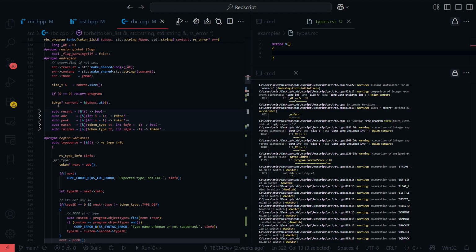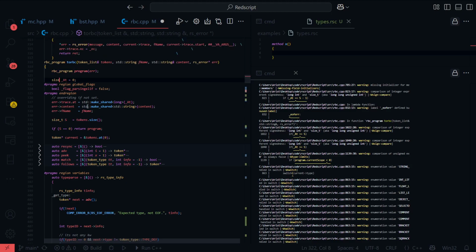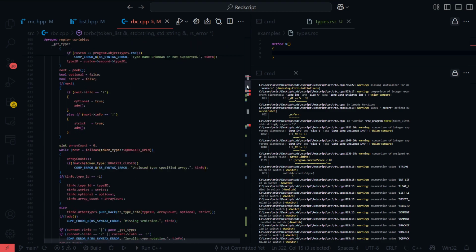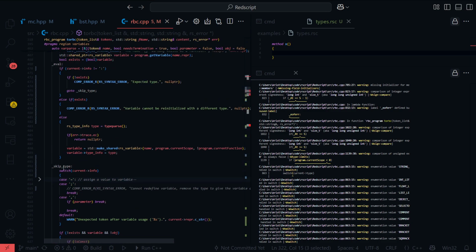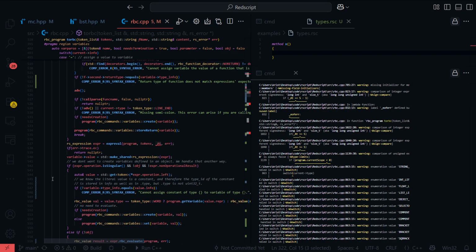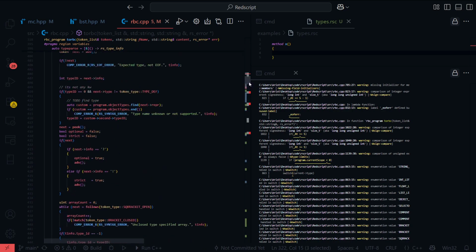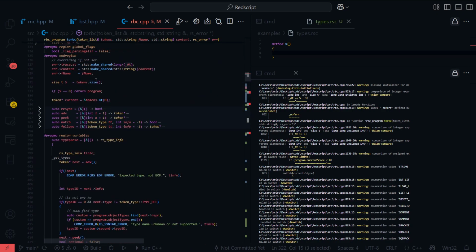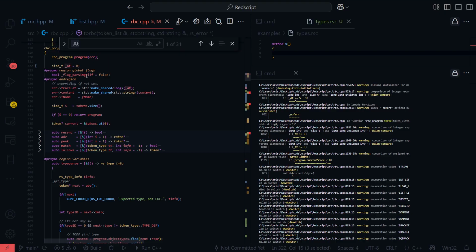So for some reason, why can't I do size_t for at here? There's gonna be some problems here, because at starts at 0. So it should just be a size_t.